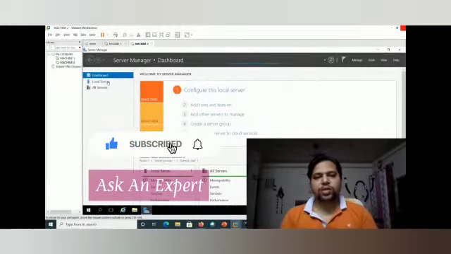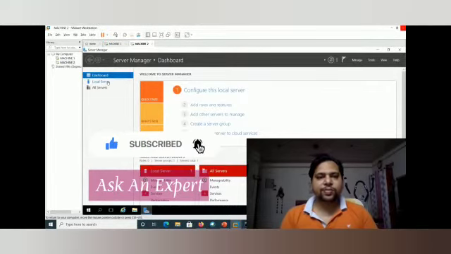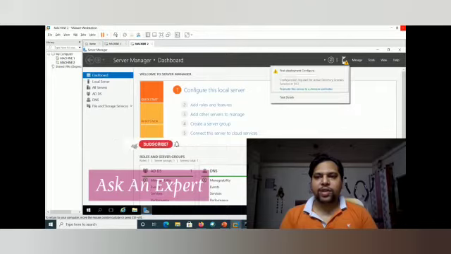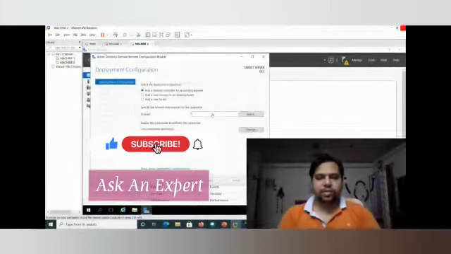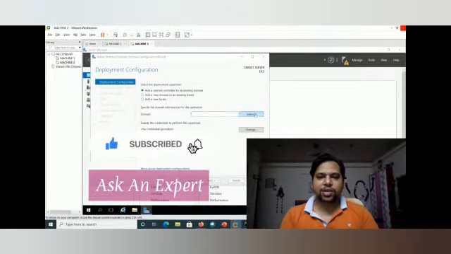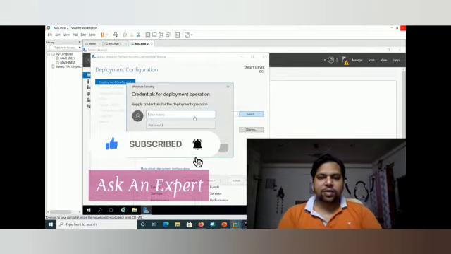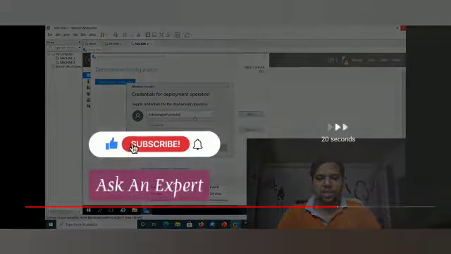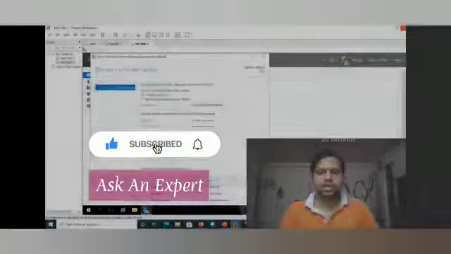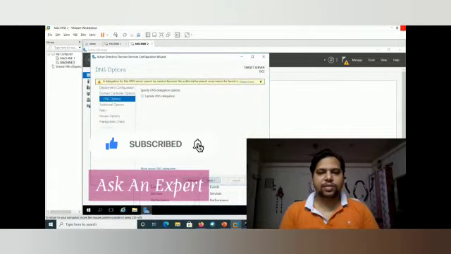Start off with the installation of the ADC. Okay, here we go. Click on the notification icon, click on promote this server to a domain controller. The domain that I need to select, either you can click on select, or if you know the credentials you can enter that over there. So it's ask an expert /admin. Next,